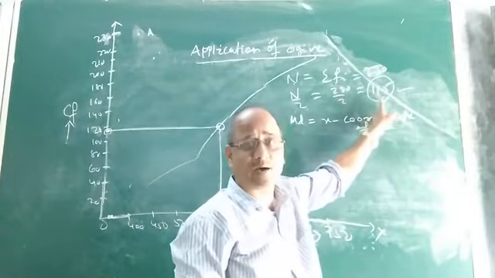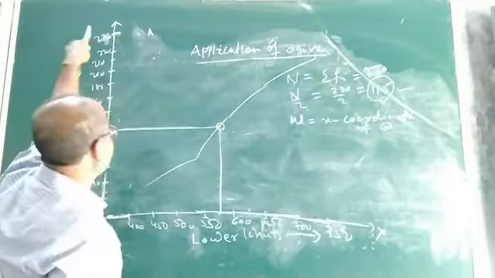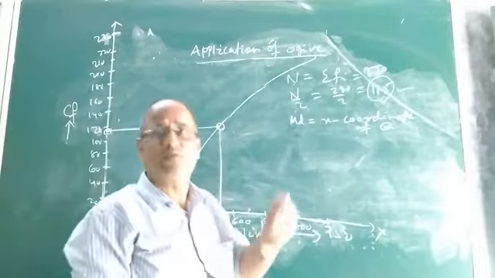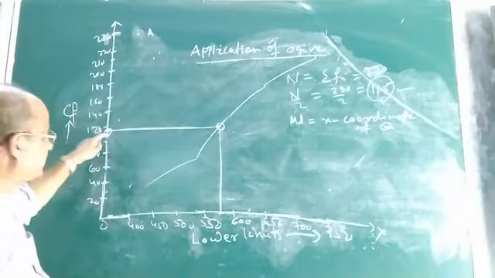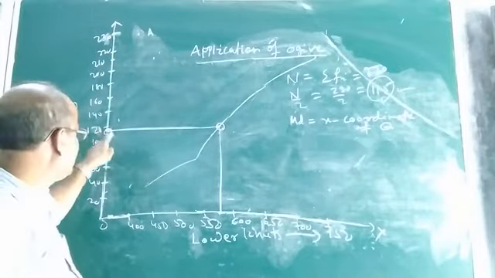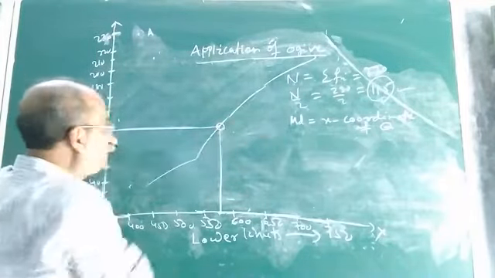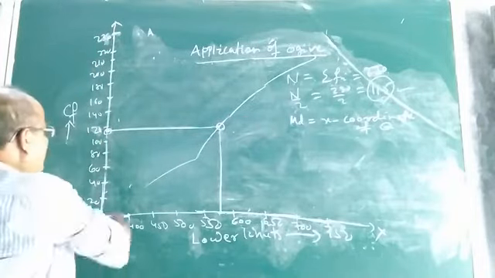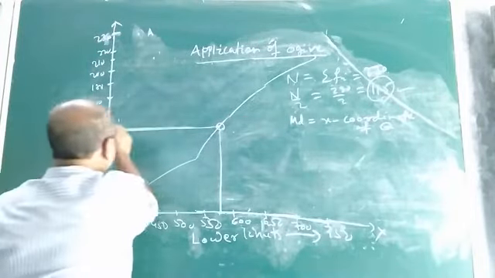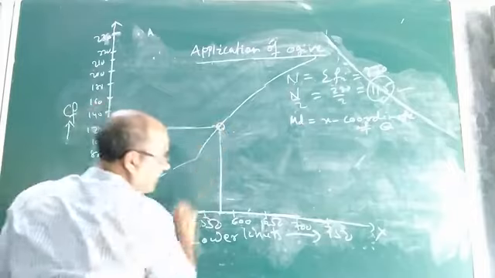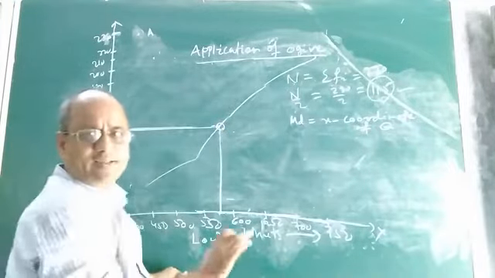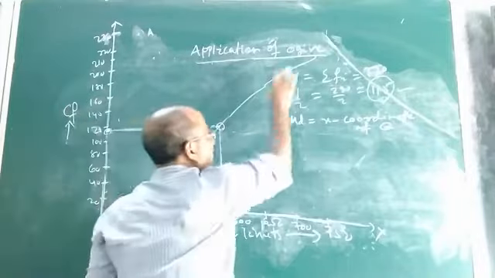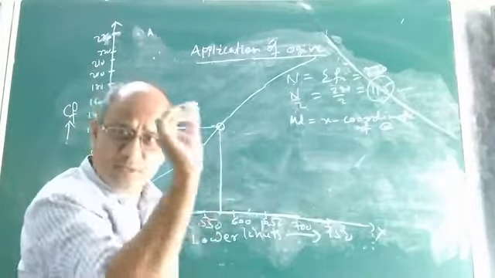Now you locate this 115 on the y-axis, which represents the cumulative frequencies. Now see, this is 100, this is 120, so definitely this will be 115. After locating the value of n by 2 on the y-axis, from this point you draw a line parallel to the x-axis. If you draw a line parallel to the x-axis, definitely it will intersect the less than type ogive at some point.